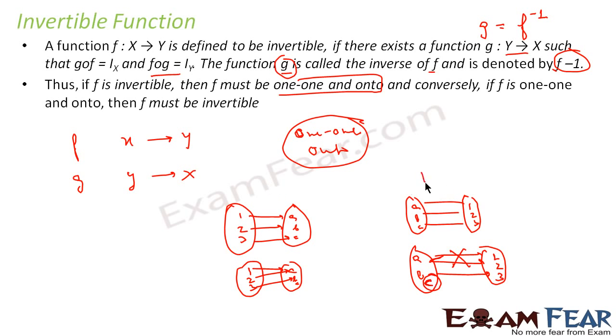This is the function, you flip it and this becomes the inverse. So if this is f, this is nothing but f inverse. Correct? This is f, this is f inverse. And for this, the function f has to be one-one and onto. Here we have shown that this function was not one-one, so this inverse was incorrect. Also, if it is not onto, this inverse is